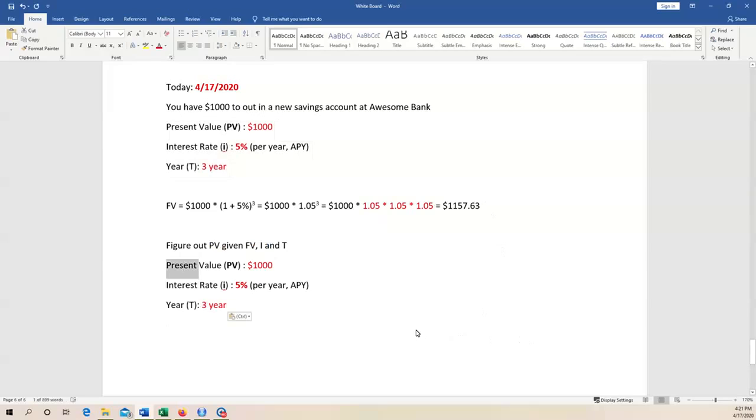Suppose this time you know future value. Suppose for some reason you wake up this morning, right? You just realize you opened a savings account 5 years ago, and you just check today's balance. You have $4,250 in a savings account, and you know this savings account pays 2% interest rate per year, and you just realize you opened this savings account 5 years ago with 2% annual interest rate. And today, you know the balance is